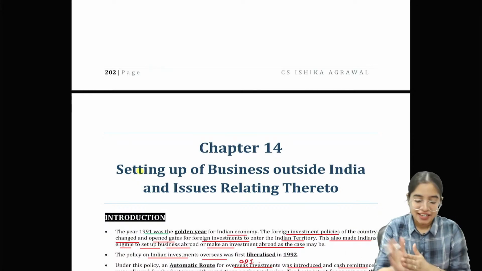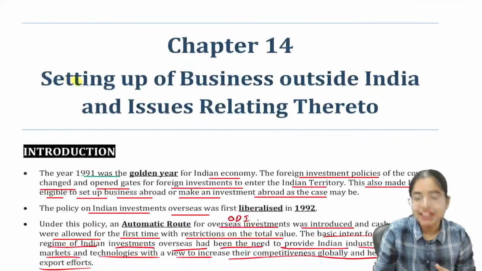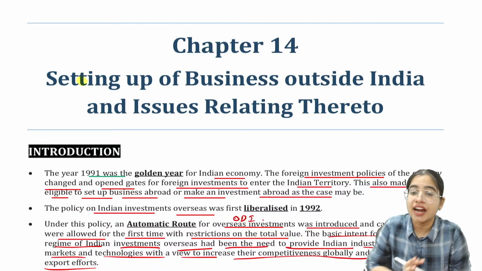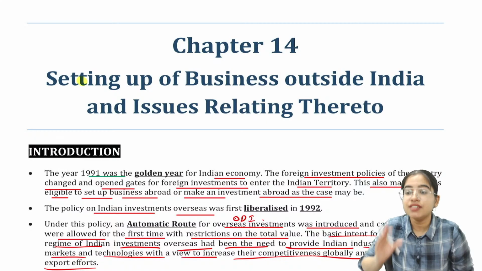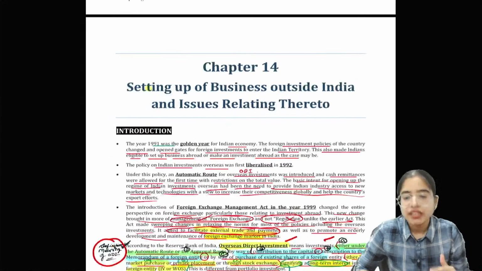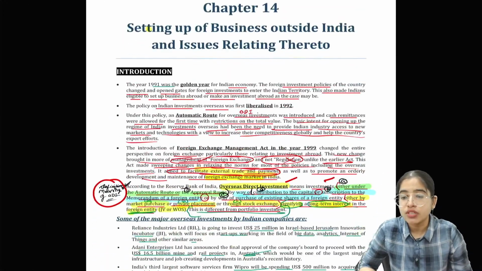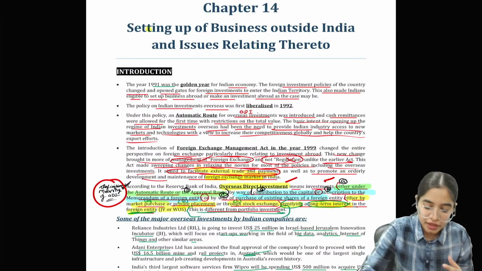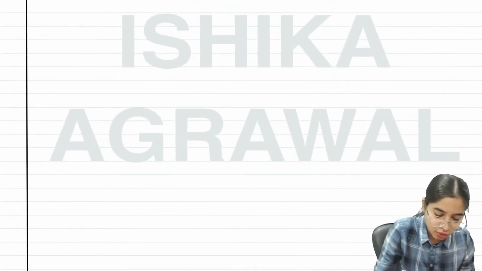Okay, great. So let's start our today's revision, that is setting up of business entities outside India. Although yesterday I started with this chapter and I discussed a few topics of this chapter, that if you want to set up a business outside India, that is known as ODI. Why? Because you are going to invest your money outside India. See, yesterday I told you that